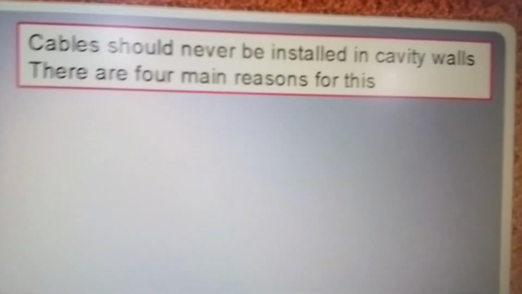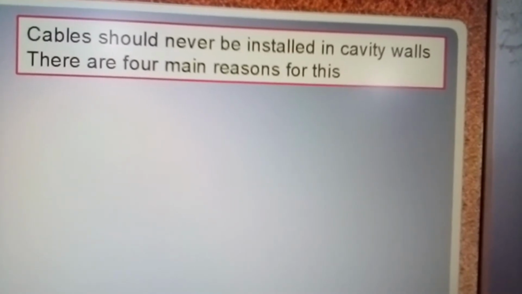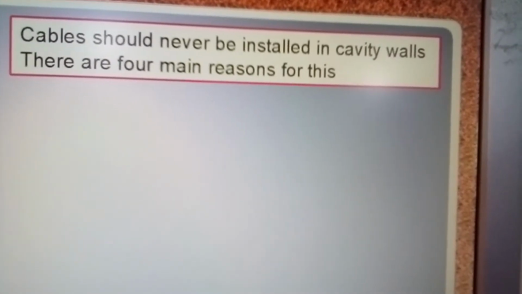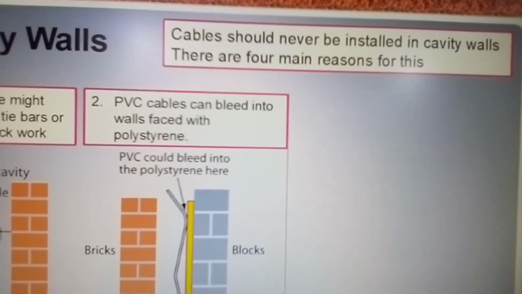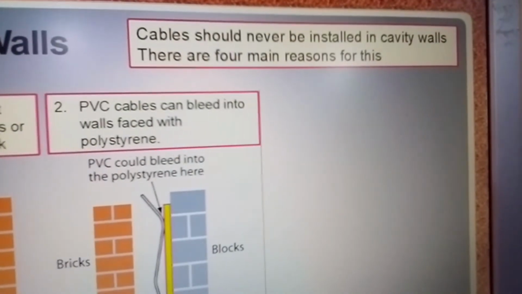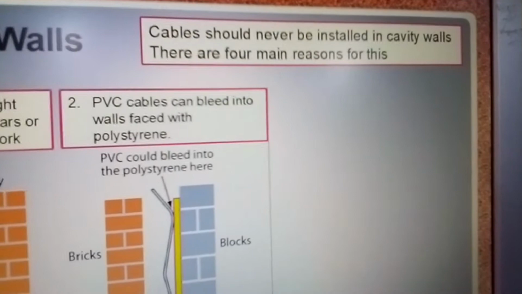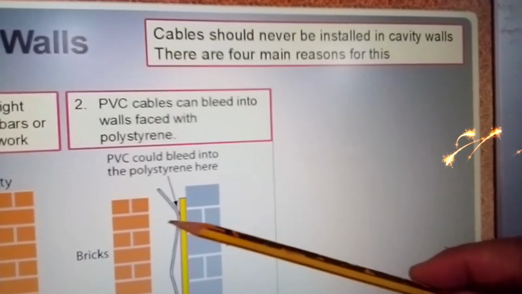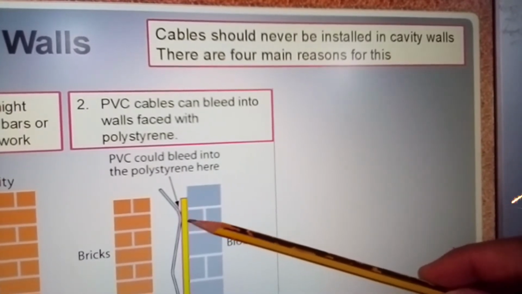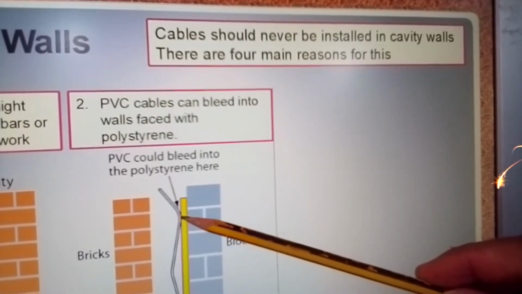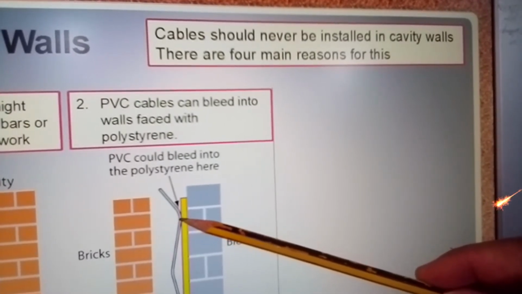And here, as we said in here now, that cables should never be installed in cavity walls. There are four main reasons for this. Okay. PVC cables can bleed into walls faced with polystyrene. Now, when it says bleed into, it means that there's a chemical reaction that takes place between this cable and this polystyrene, and it has an effect on the cable insulation. It can cause it to break down and therefore become